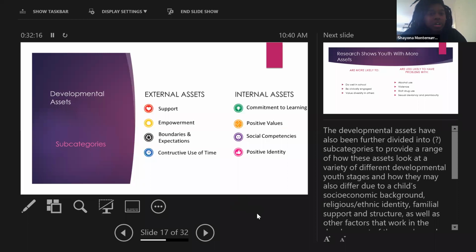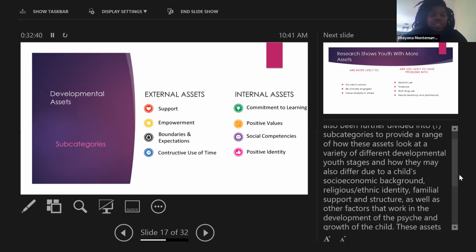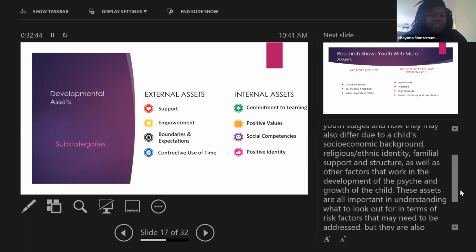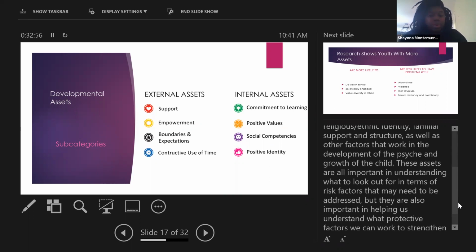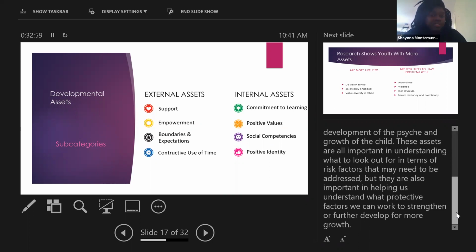Here are also a couple of subcategories of the developmental assets. They've been further divided into a range of how these assets look at different developmental stages, and how they may differ across a child's socioeconomic background, their religious and ethnic identity, the familial support and structure, as well as other factors that work in the place of the child's psyche and growth. These assets are also really important in understanding what to look out for in terms of risk factors that may need to be addressed, and in helping us understand what protective factors we can work to